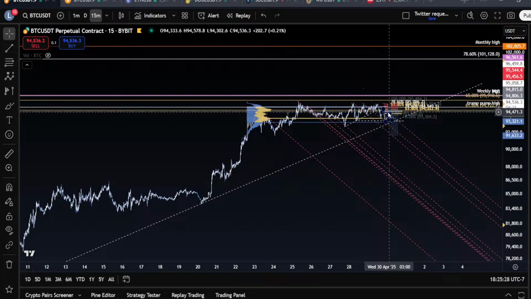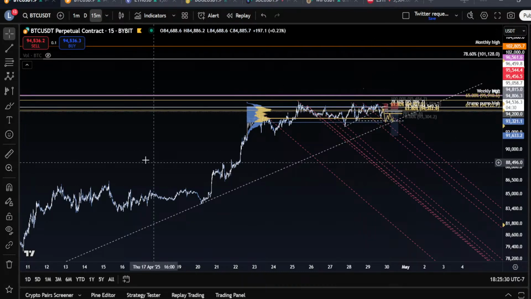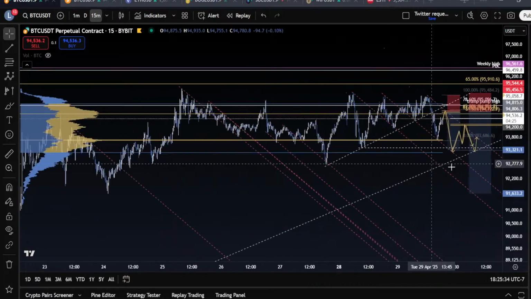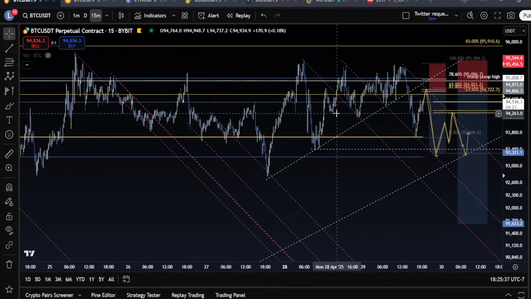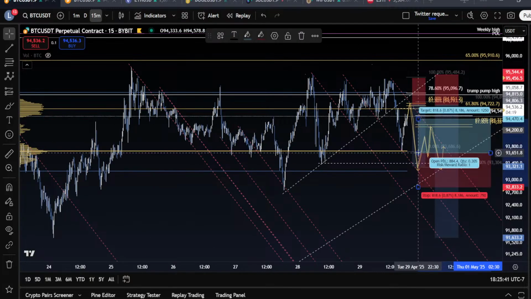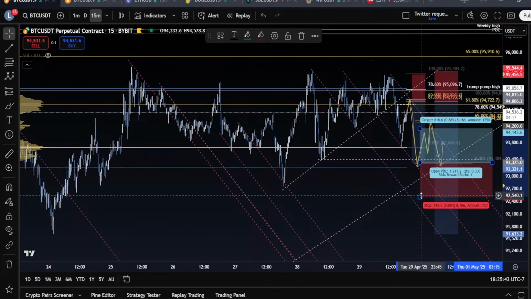So this would be sort of a decision point in this range. Like you come down and test this and these local lows, and I think that would be an interesting long. Be an interesting TP on this short,